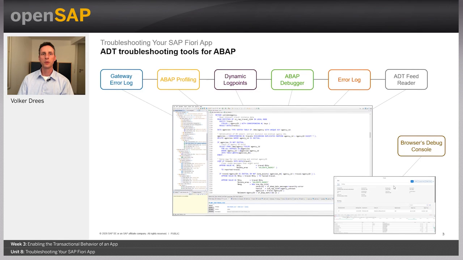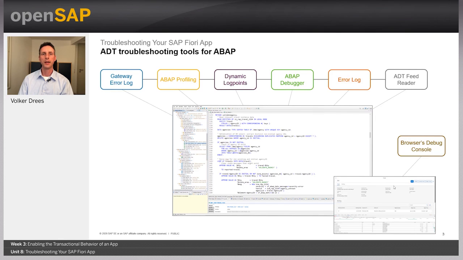Probably the most important tool that you need for troubleshooting your business object implementation is the ABAP debugger. Putting a breakpoint into, for example, some of your method implementation allows you to execute the program step by step and check the content of the related variables. The runtime error analysis comes into play whenever a short dump is thrown. This might happen, for example, if a method is not returning the expected result and the framework is not able